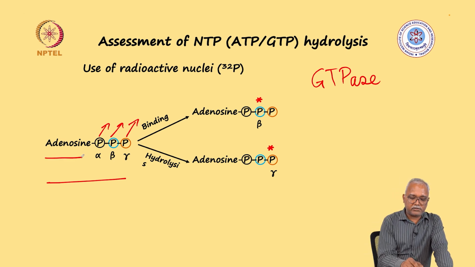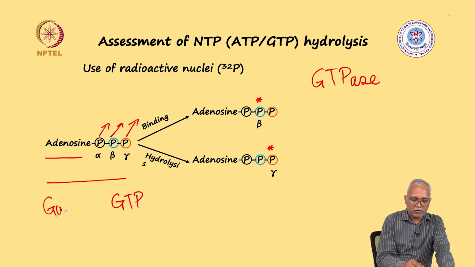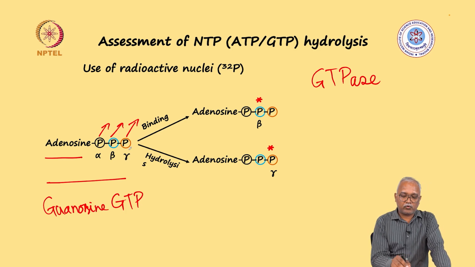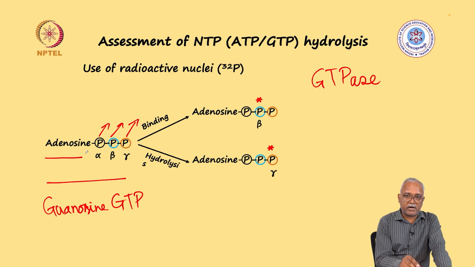The base changes: in case of ATP it is adenosine, and for GTP it is guanosine. So whether it is ATP or GTP, you will have 3 phosphate groups, and from proximity to the adenosine moiety, they are called alpha,